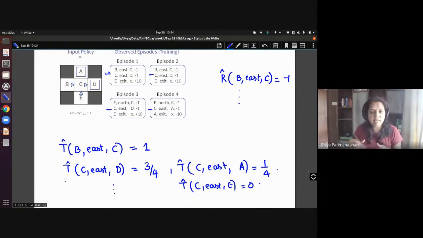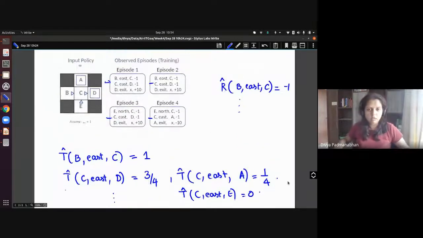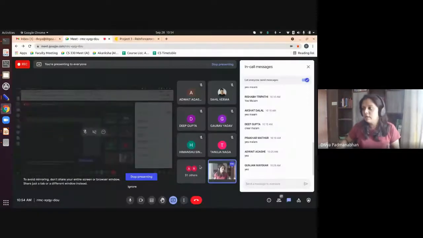So you need to do this many times. You need to have a lot of episodes before you can learn something meaningful, right? That is one thing. Also, in the process, you're separating out the two things. You're doing a lot of learning, and then you're again doing some effort in doing value iteration and policy iteration. So there's a lot of waste happening in some sense. Can we do something better? That's going to be the next topic. Maybe I'll stop here, and I'll hang back for any questions. If not, we meet tomorrow. Okay, yeah, thanks.